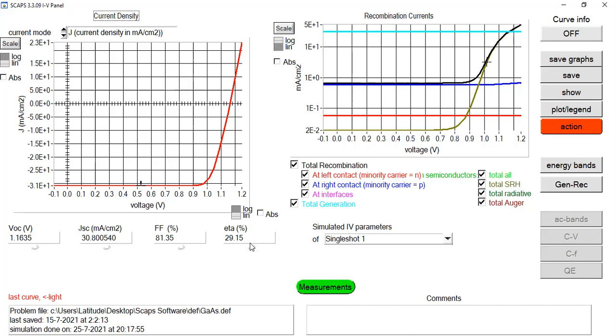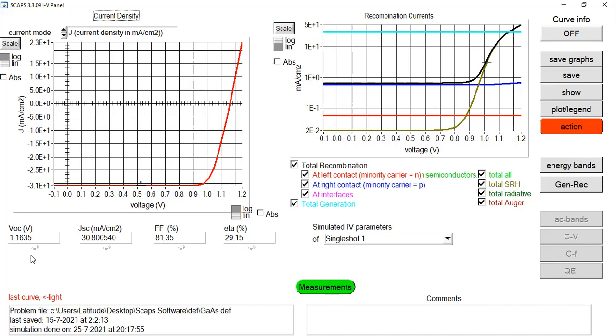Why are my performance, like efficiency, fill factor and VOC, higher? Because I have used the work energy function of Pt, such a higher value. And I have explained that it can provide us better energy to extract more electrons from the metal surface, and it will decrease the barrier height of majority carriers, tending to increase the VOC and efficiency value.